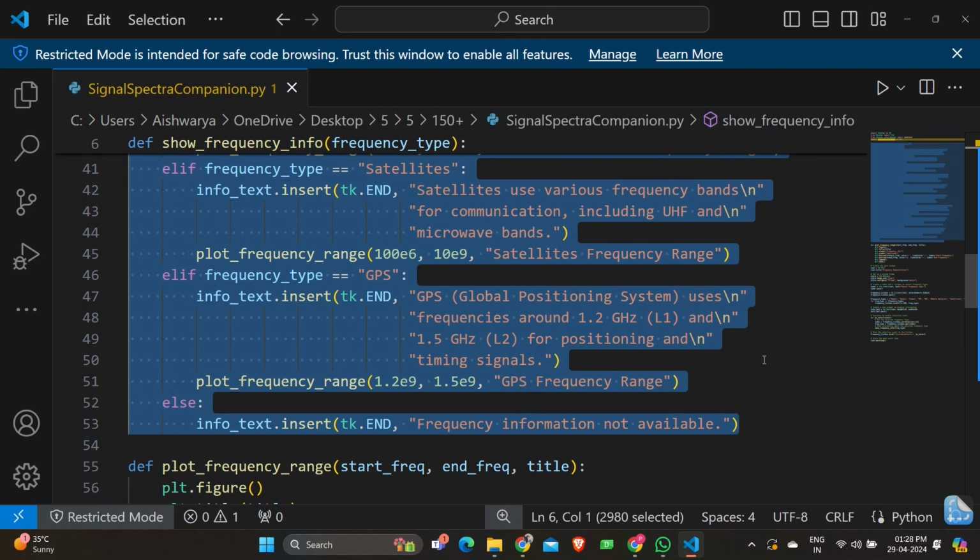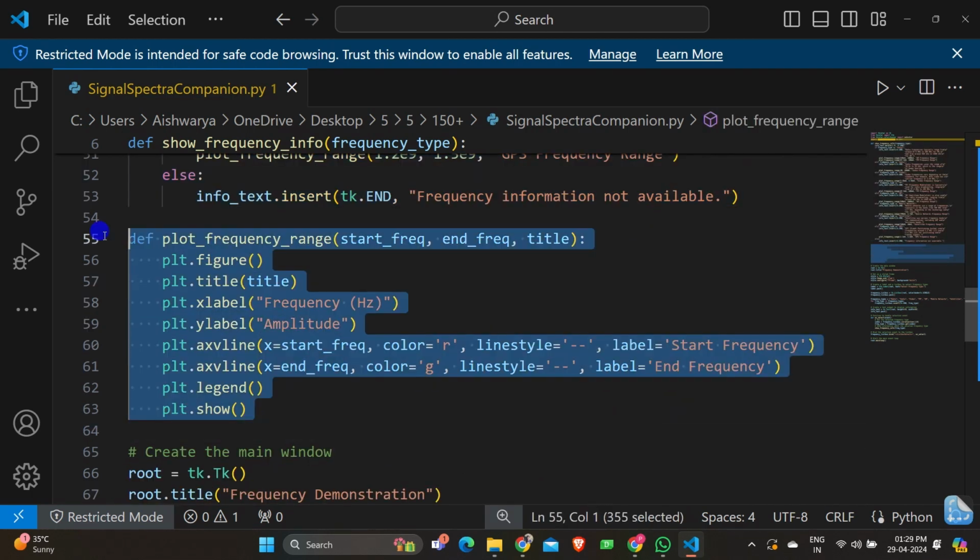And last, we have info_text.insert with frequency info. If there is any error, like if there is no frequency that is matching, we print that frequency information is not available. Moving on, we have the next